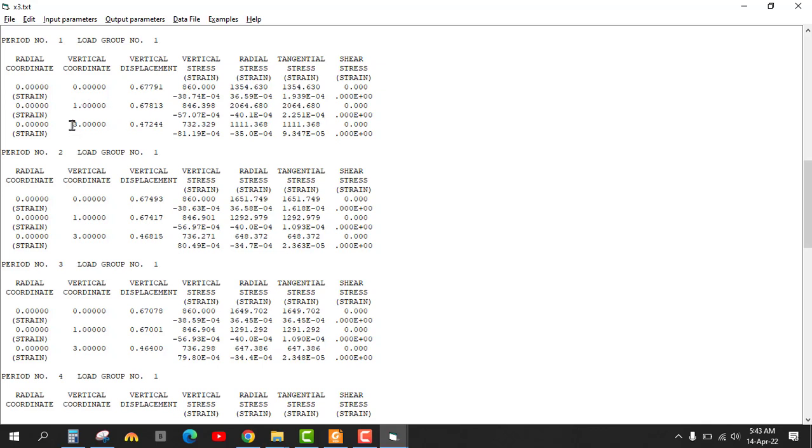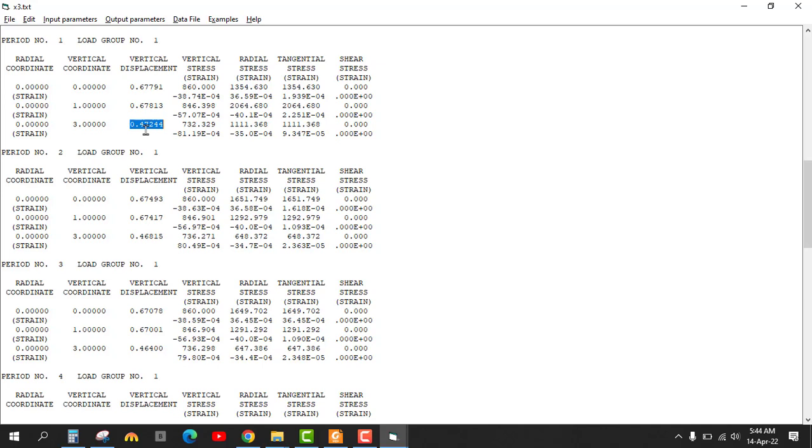And similarly at 3 centimeter, that is 30 mm, the deflection will be this much, 0.472. These values are in meter, so we have to check them with the